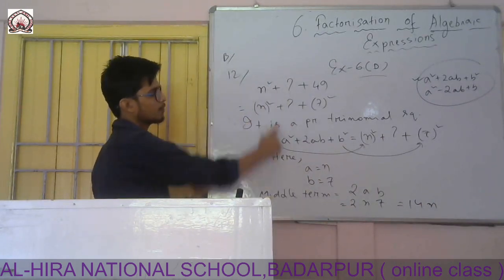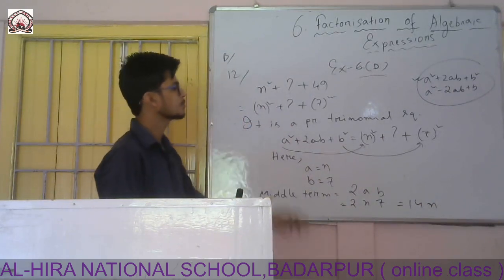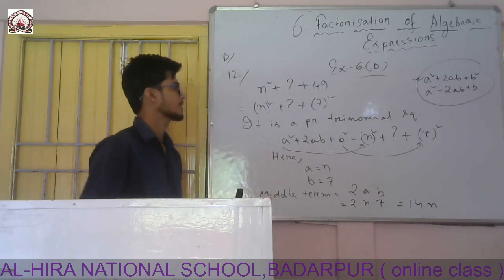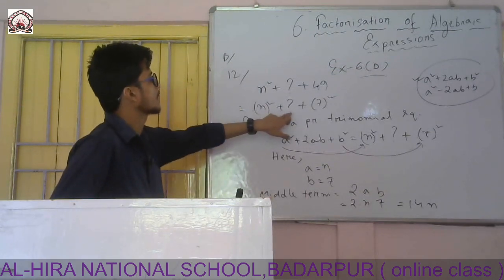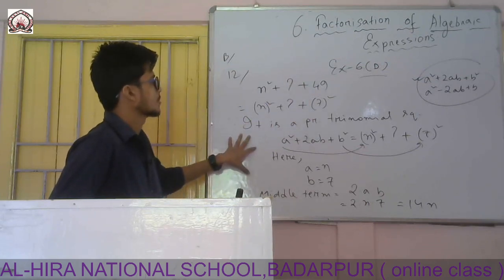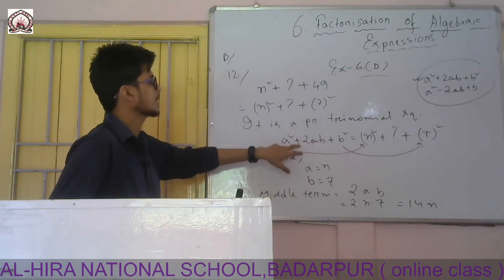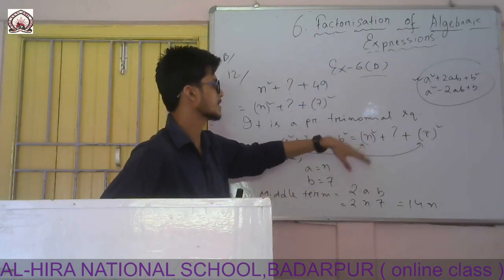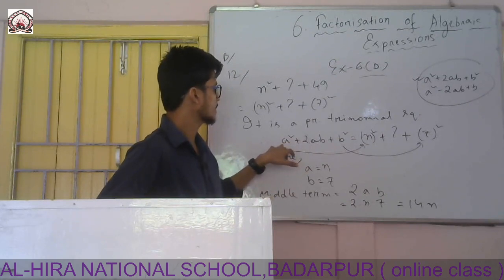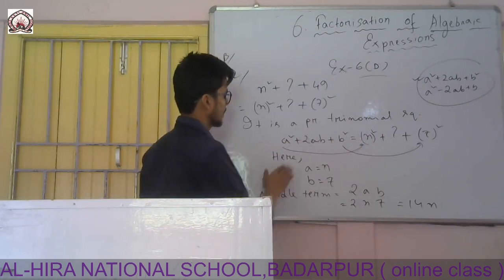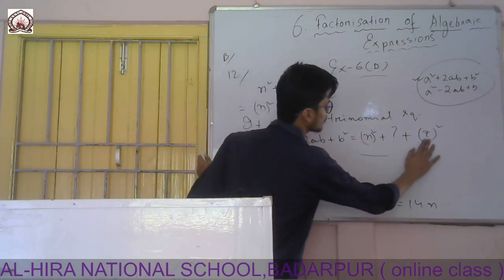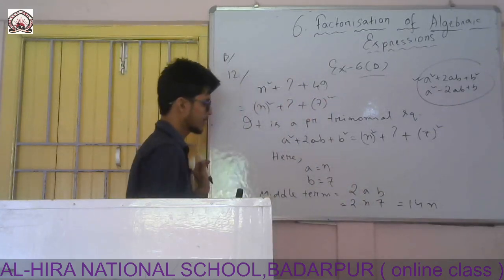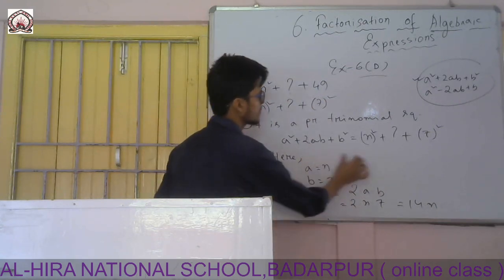So if I put here 14n, this will be a perfect trinomial square. First of all, what I have done is I have simply proved this one, and the question mark will be in its own place. If it is a perfect trinomial square, then it will be of this form: a square plus twice ab plus b square. So I simply compared both sides, and by comparing I can write a is equal to n, and this last term is equal to, in that case also it will be the last term, that means b is equal to 7. So the middle term, twice ab, is equal to the question mark.